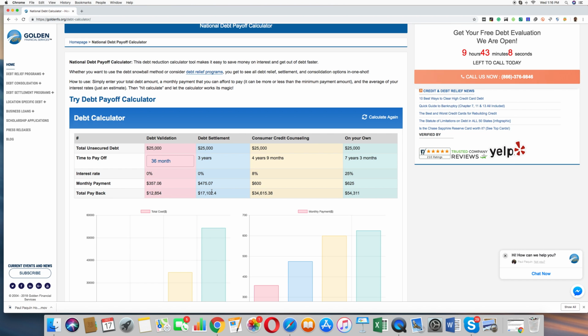That includes all fees and everything. You're going to save a significant amount of money going this route, avoiding the interest, etc. The downside is that your credit is going to be left with late marks and collection marks. So that's a huge downside, because now you're going to have to struggle to rebuild your credit, which is why